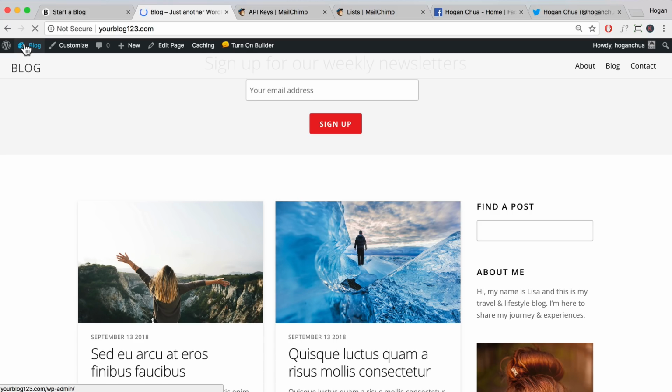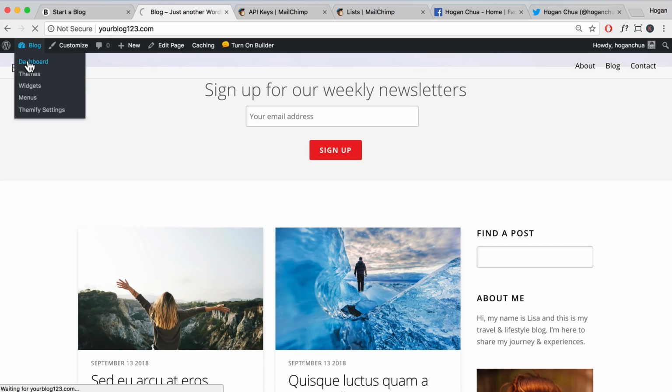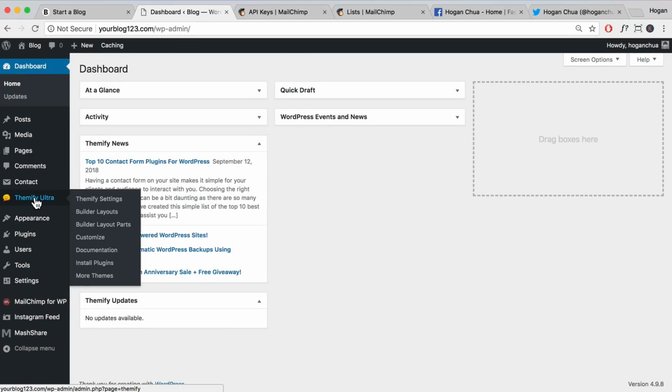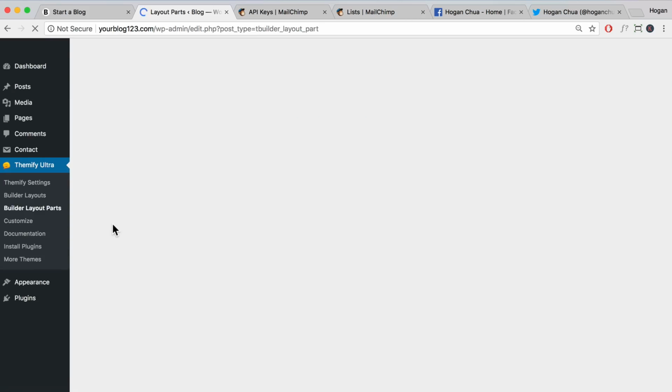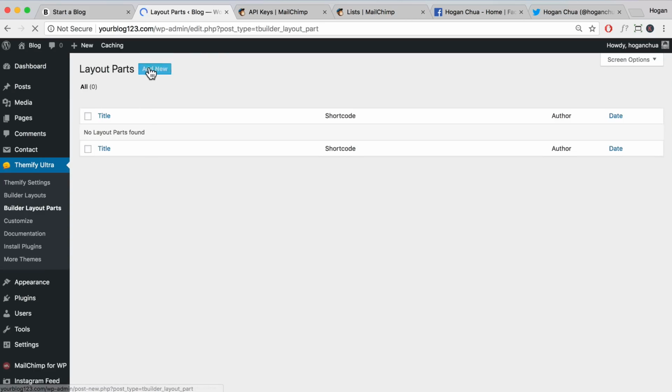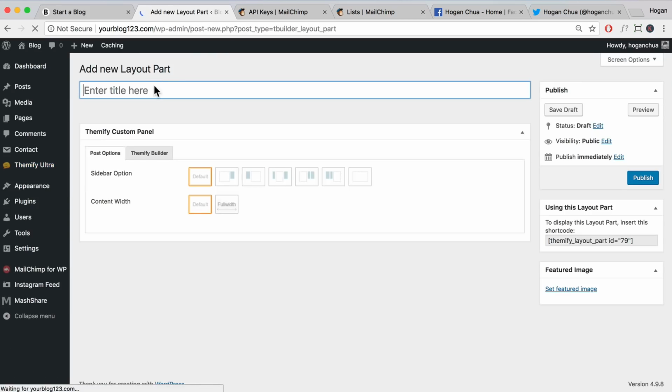We're going to go back to the dashboard area, and what you want to do is go to Themify, and you want to go to builder layout parts. Okay, so we want to build a layout part, so we're going to click on add new, and this new layout part, we're going to call it ebook sign up. Okay, and then I'm going to click on publish,